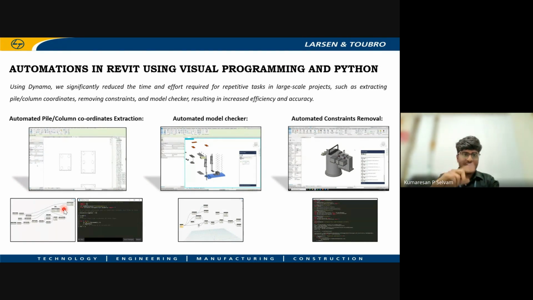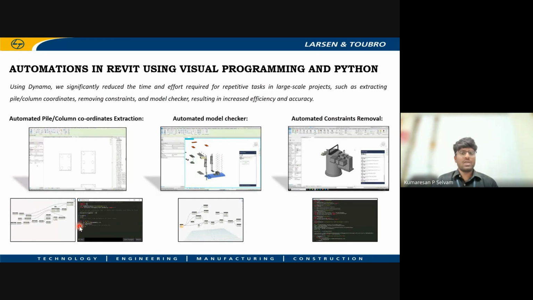But while creating the model, it will not be automatically updated. You have to check each and every coordinate and update it manually. To reduce this redundancy in work, we have developed a Python model where once you select the component and run the model, it will automatically fetch the coordinates